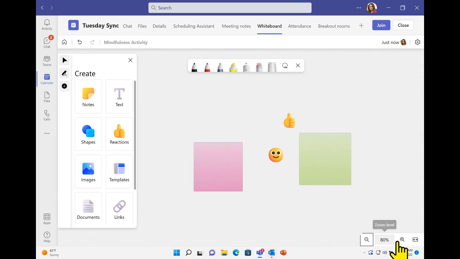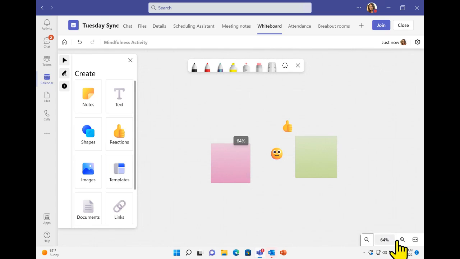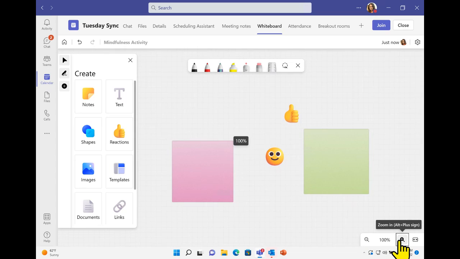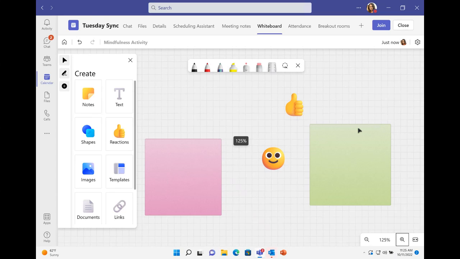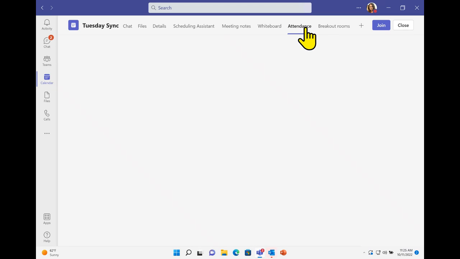A question that we've received in the past is, can you have multiple whiteboards here? Now, with this one whiteboard, you can always zoom in and out to play around with your real estate. So there is that option there. You can also utilize these pencils at the top, but let's head on over to our attendance tab that will